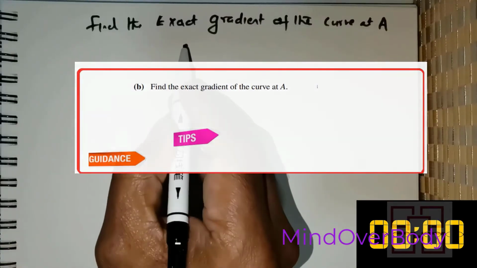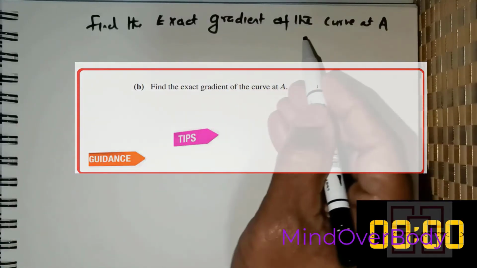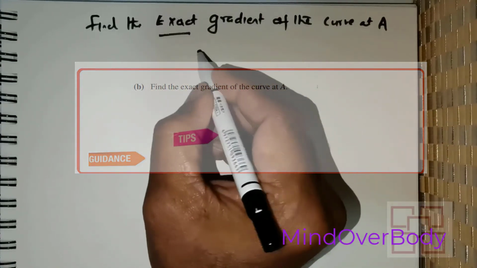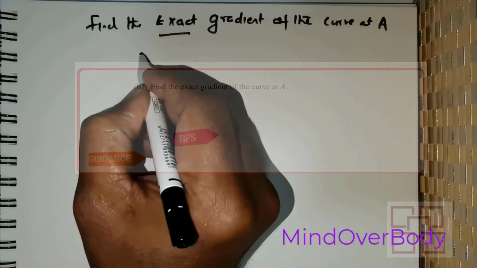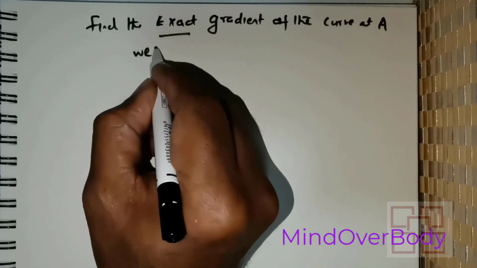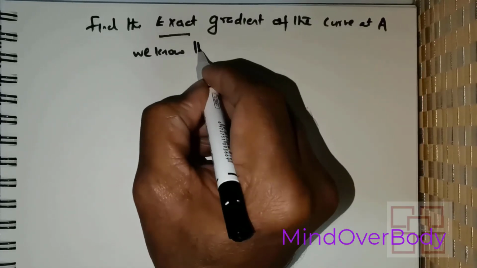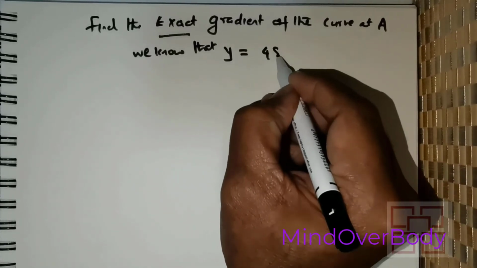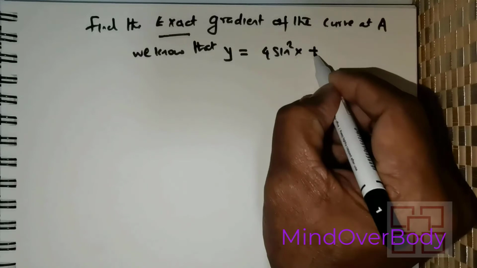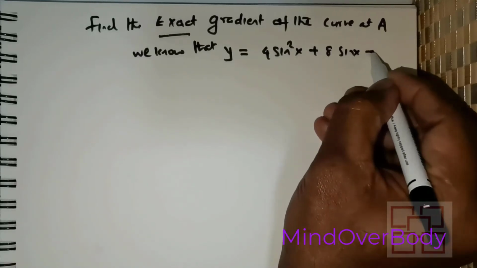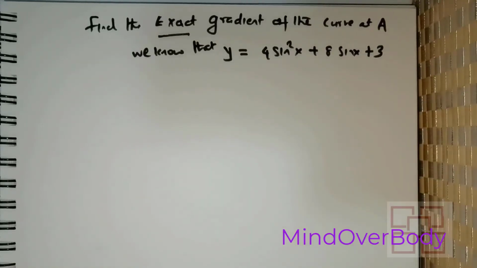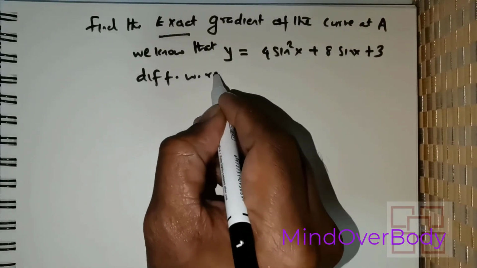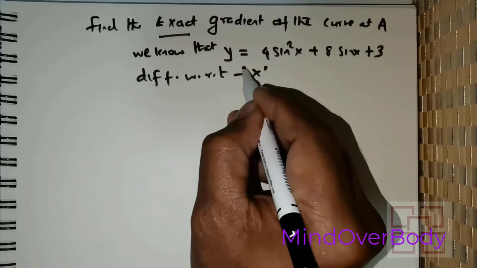Students, in the second question, we are expected to find the exact gradient of the curve at A. So what are we going to do? We know that y is equal to 4 times sine squared x plus 8 times sine x plus 3. So differentiating with respect to x, we get,